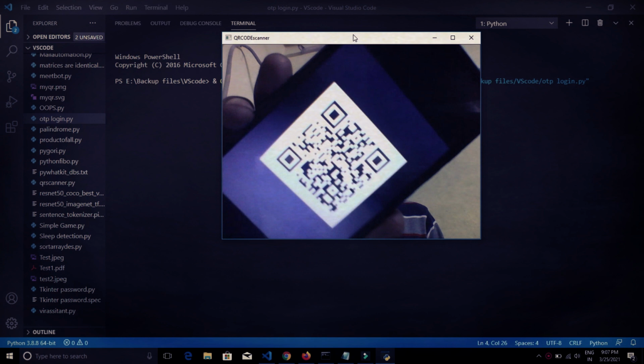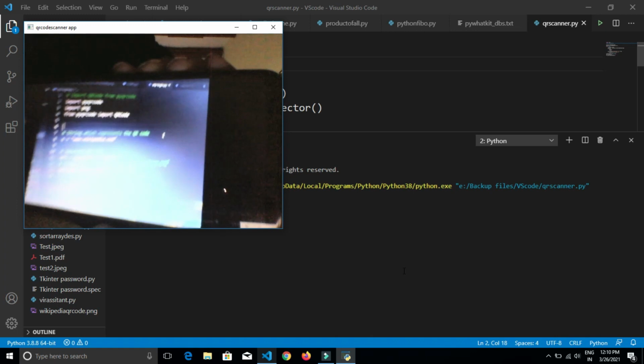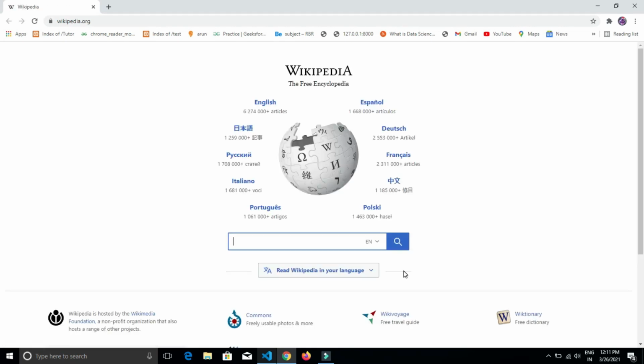We are going to capture the QR code in real time through the webcam of my PC. Before starting this video, you need to know how this process is going to work. Firstly, you need to open your webcam and run your Python program to make it ready to scan the QR code. You can take any QR code picture on your mobile and show the picture in front of your webcam. It correctly identifies the QR code that is present on your screen and this program redirects you to a link that is hidden in the QR code. Okay, so this is how this program works.